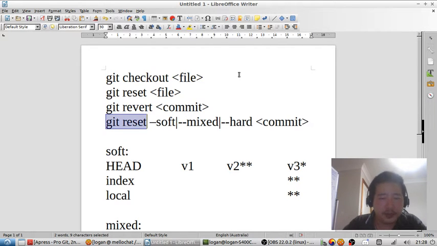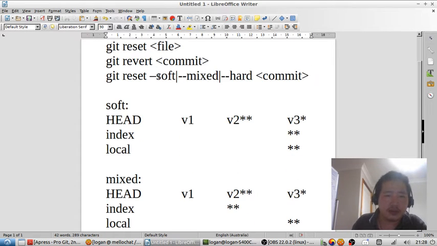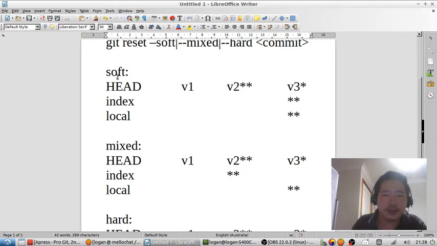Git reset resets to a commit and discards all the future commits. There are three varieties: soft, mixed, and hard. Soft reset, let's say we